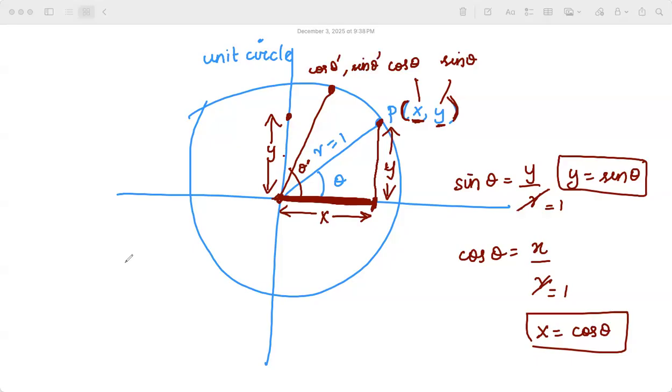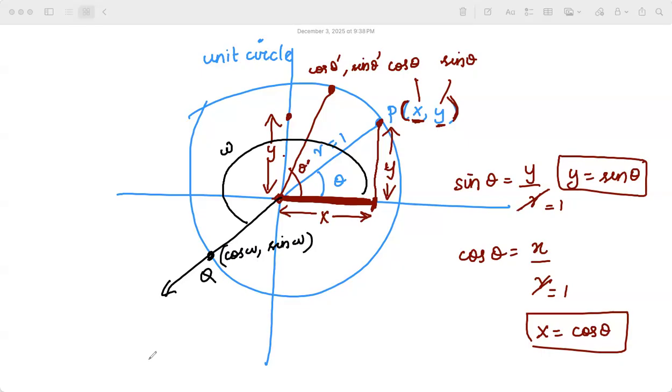Let me go ahead and choose some other point which we have not done yet. Let me take this as my angle. Can I call this point Q? That angle, let me call it omega. Can I call that cos omega, sine omega? Instead of saying the x, y values are going to be different, that's where I have my theta dash or the change in the theta value telling that.